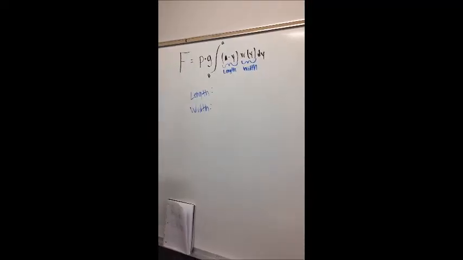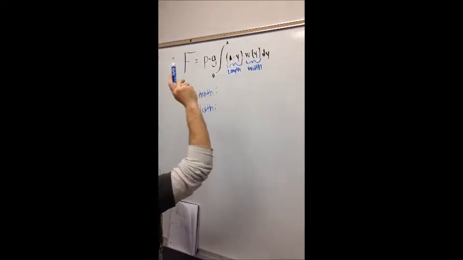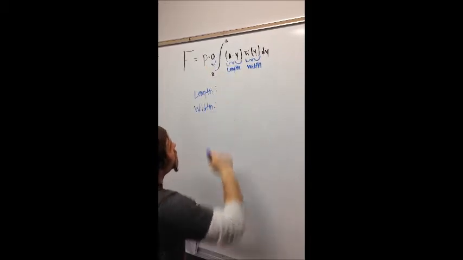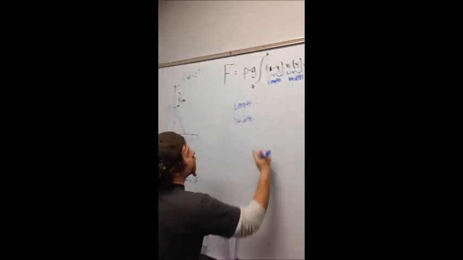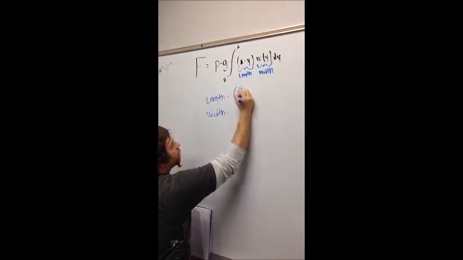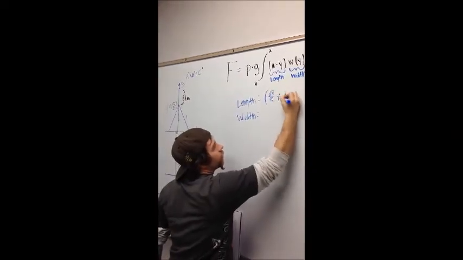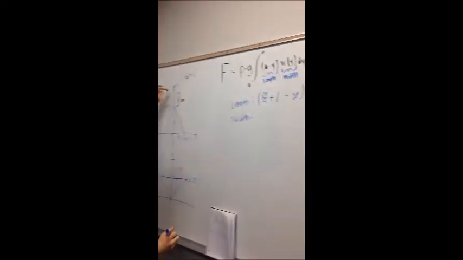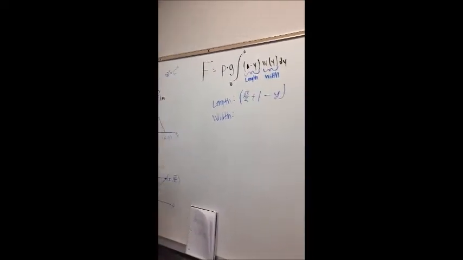Alright, so we know force is the integral of density times gravity times length times width. Our length is going to be the height of our triangle, so square root of 3 over 2, plus the 1 meter underwater that we are, plus 1, and minus y, because it counts from y going down. And then our width will be,